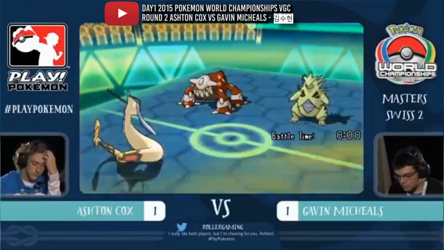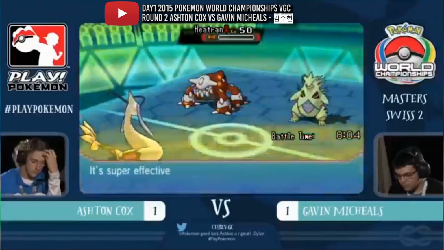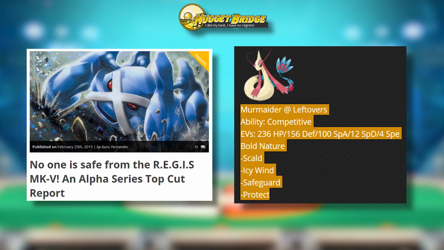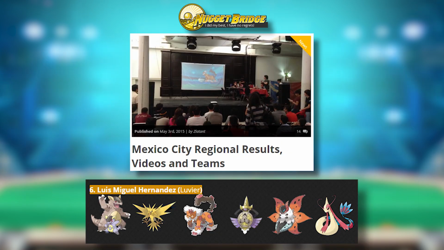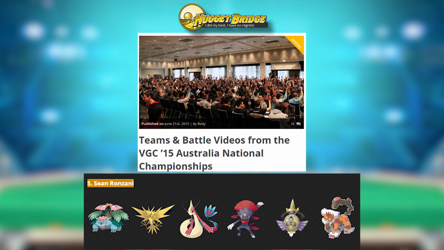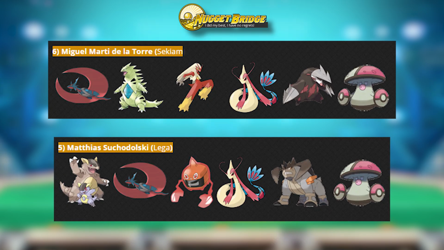Michael Garrett, who got first at the Kansas regionals, Cash Costa and Jake Underwood, who got 5th and 3rd respectively at the Florida regionals, Eddie Guru Fernandez, who got 5th at the Brooklyn Alpha Series Premier Challenge, Luis Miguel Hernandez, who got 6th at Mexico City, BIDC 4th at Japanese Nationals, Sean Rosani 5th at Australian Nationals, Adrian Bauman, who got 8th at the German Nationals,